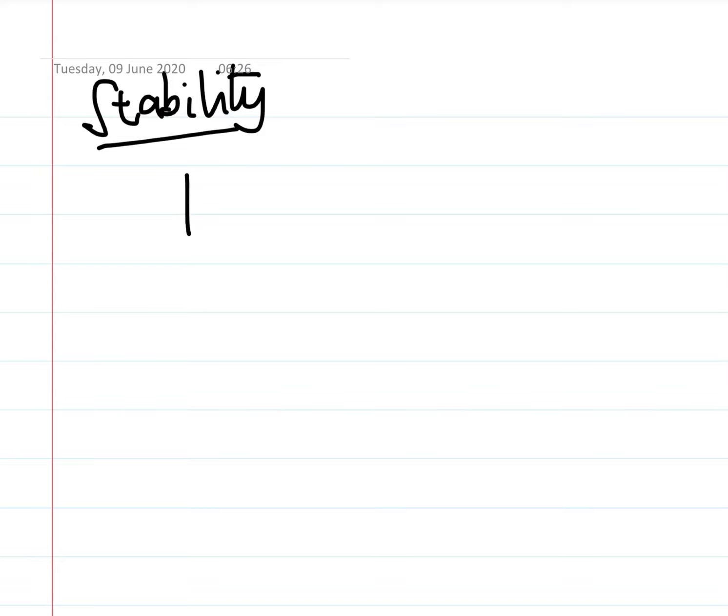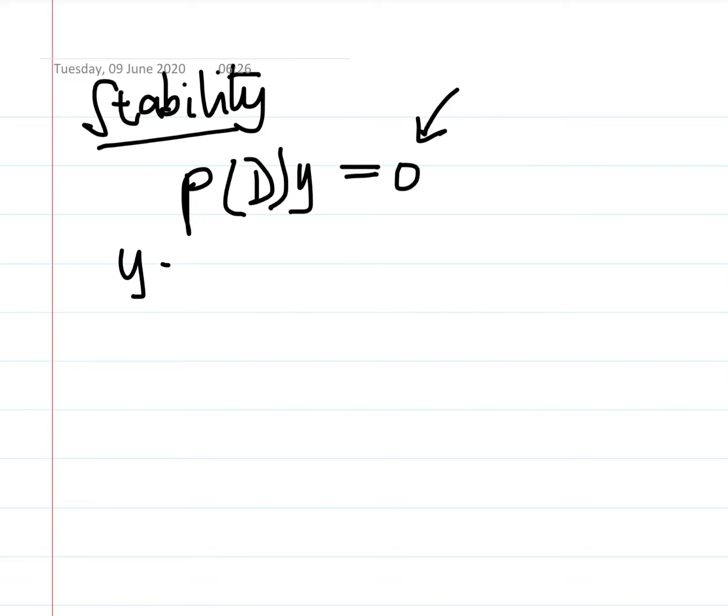that when we considered the homogeneous type differential equation, in which case the right hand side was 0, the solutions y were a sum of things of this type,